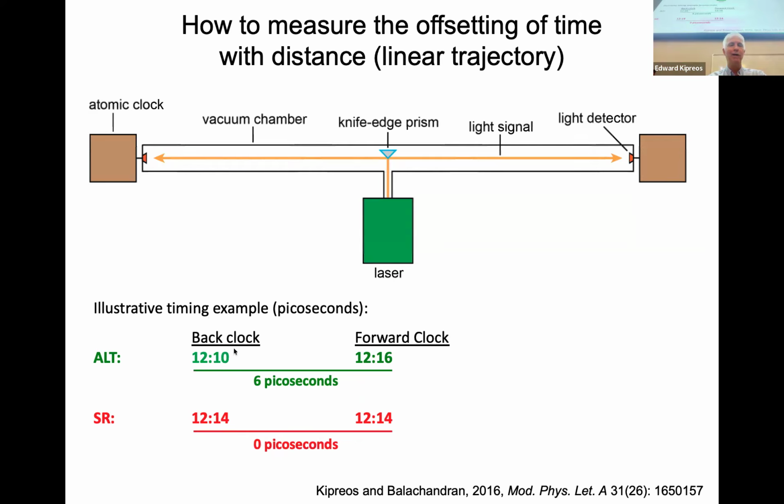And so you could say, well, how likely is it that you could maintain this clock synchrony from when you did it on the Earth to being in space? But the reality is you can just take this apparatus in the spaceship and you can just flip it, okay? And as you flip it, this forward clock, which had a later time, when you flip it for Alt, it's going to have a lower time now. Okay, so you can check to make sure that things are working correctly. And then the time difference when you flip, the special relativity shouldn't change anything.